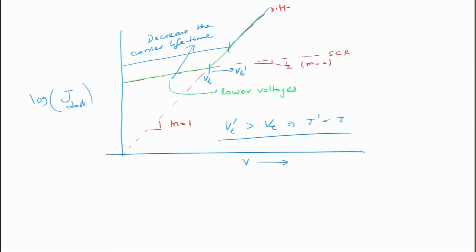Now, let us look at the p-n junction. This is what you will observe in a real p-n junction under dark. You will not always obtain a slope of 1; it is likely that you will obtain a slope of 1 by 2 because of recombination, which we earlier ignored in our p-n junction analysis. This is a deviation from ideality, because earlier the assumption was that the space charge region had no generation and no recombination. Of course, there is no generation, but there is recombination.